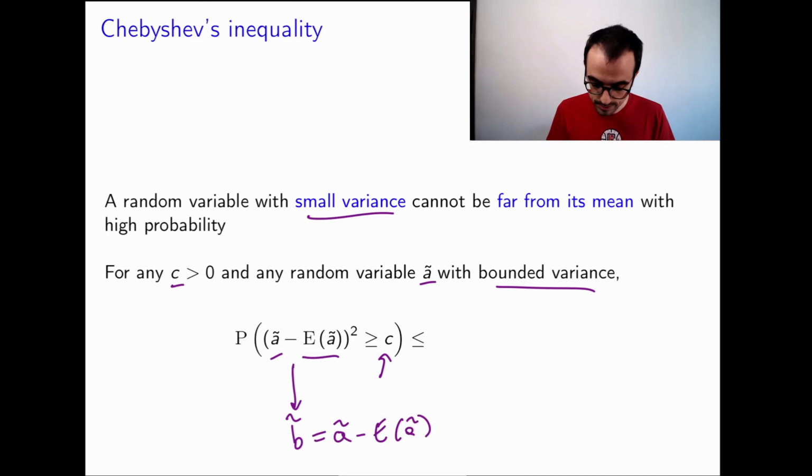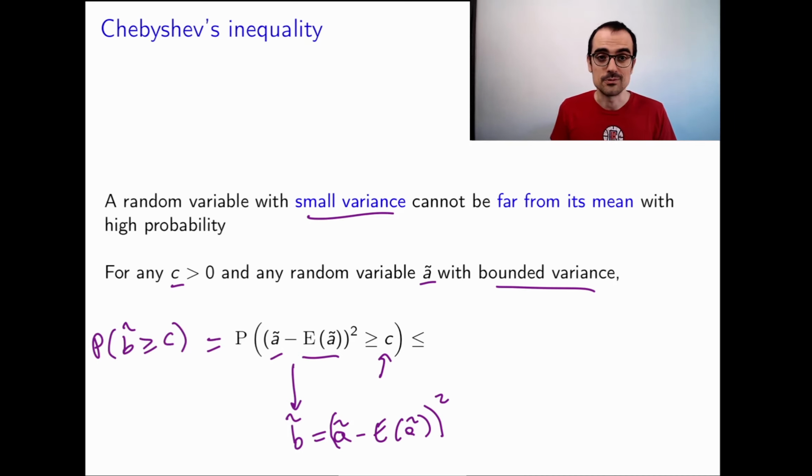And in particular, we square it, so now it becomes a non-negative random variable. So now the probability of this non-negative random variable being greater than c, we know how to bound this, right? Markov's inequality. This is just the expected value of b divided by c. Now, what is the expected value of b? According to the definition of b, which is down here,